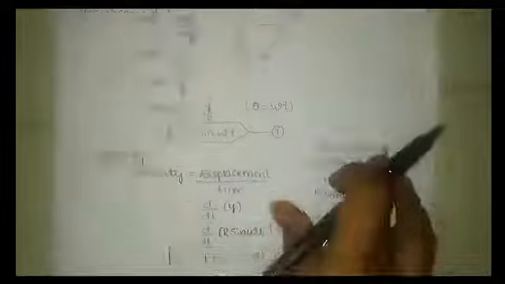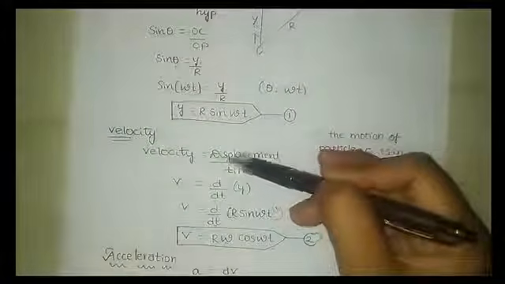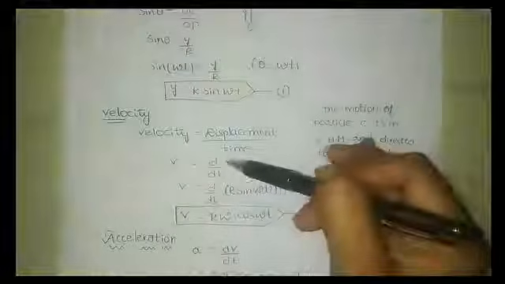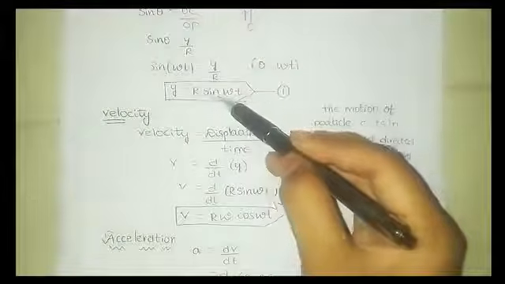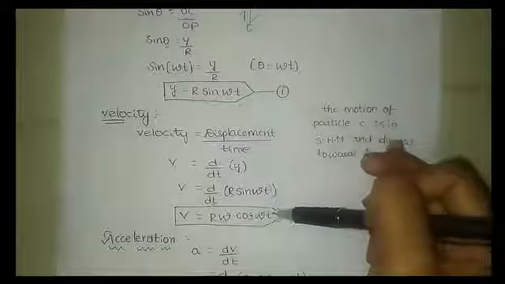And the velocity. Here the velocity is nothing but displacement by time, that is, d by dt of y. Here displacement is y. We know that y is equal to r sin omega t. So v is equal to r omega cos omega t. And the acceleration is,